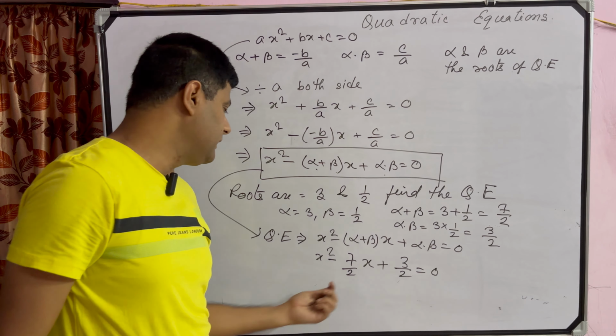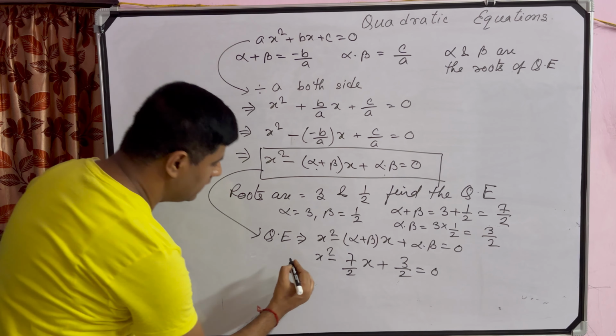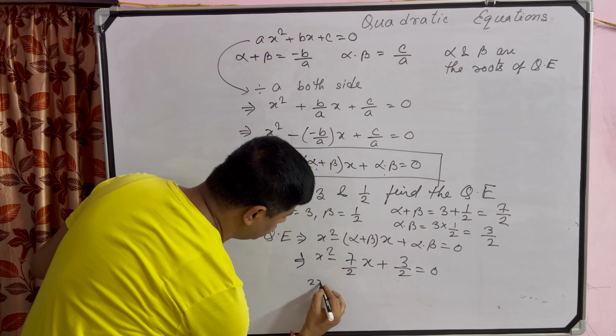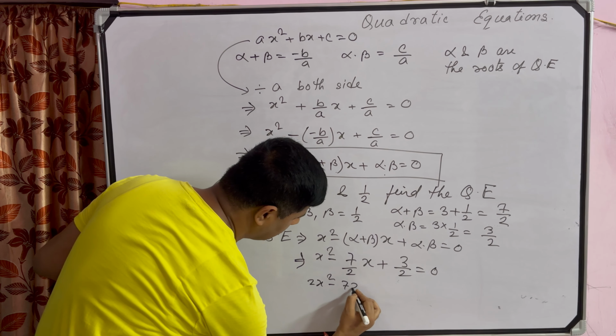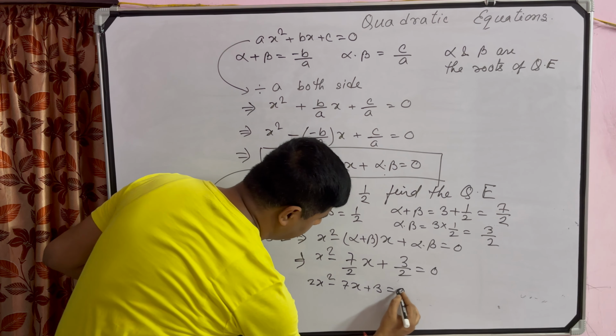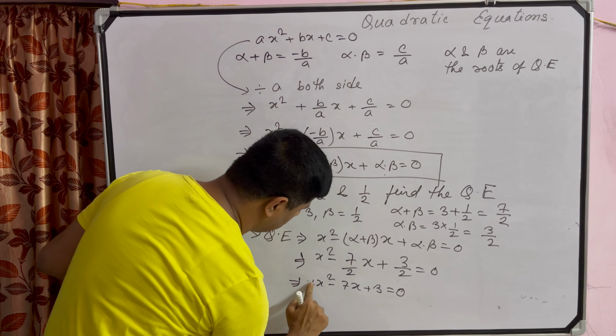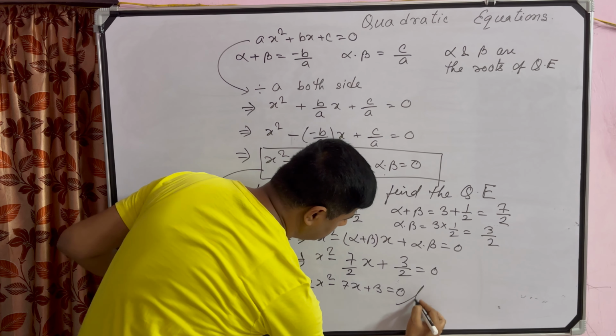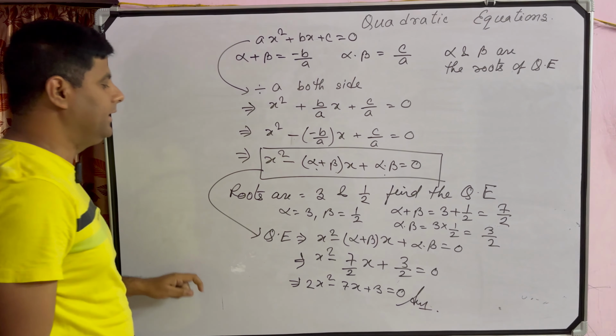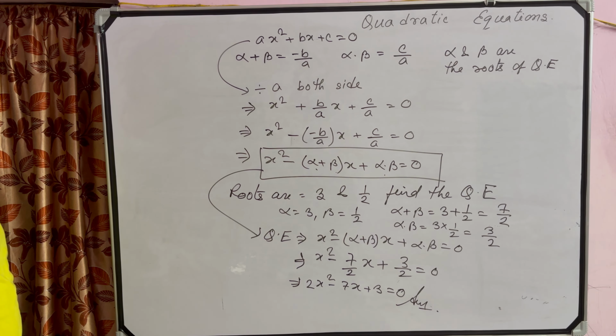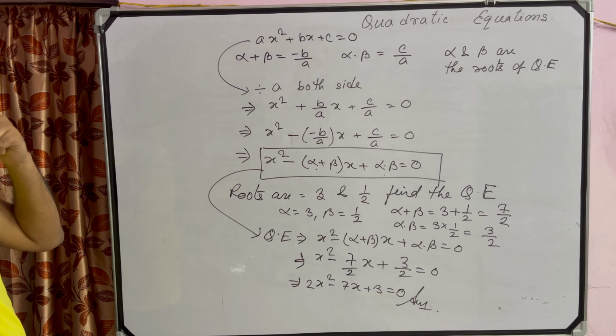You can take LCM or multiply by 2 on both sides. That will be easier. It will be 2x square minus 7x plus 3 equal to 0. And this is the required quadratic equation. This means you can find the question from the answer. And this is the way you can develop the